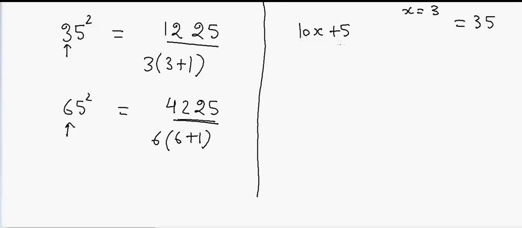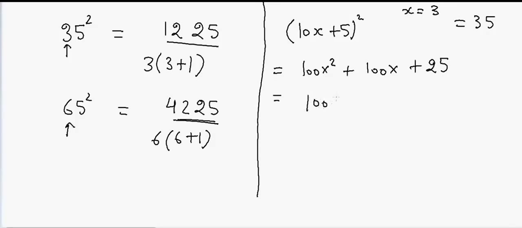So suppose if we have 10x plus 5 and we want to do a square of it, that will be equal to 100 x square plus 100x plus 25. So if we solve this, that will be equal to 100 into x into x plus 1 plus 25. So as you can see that